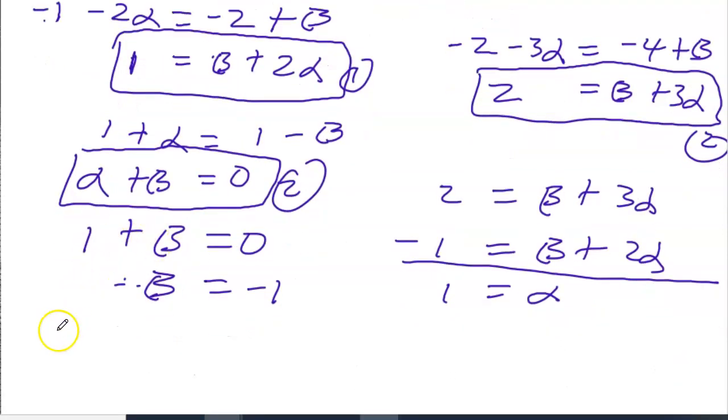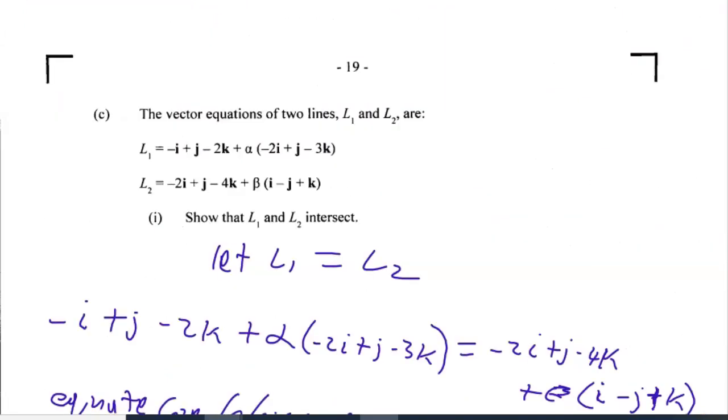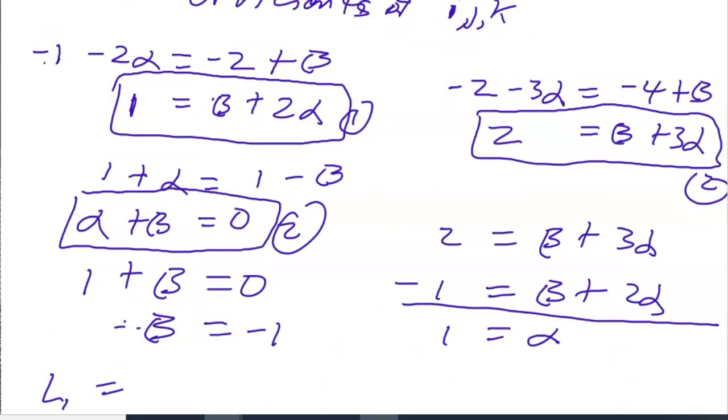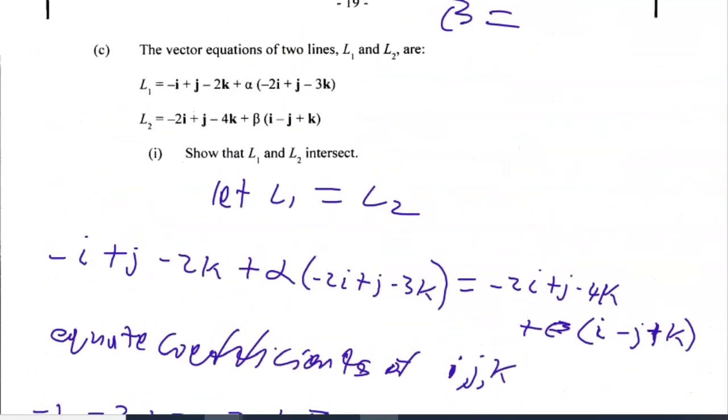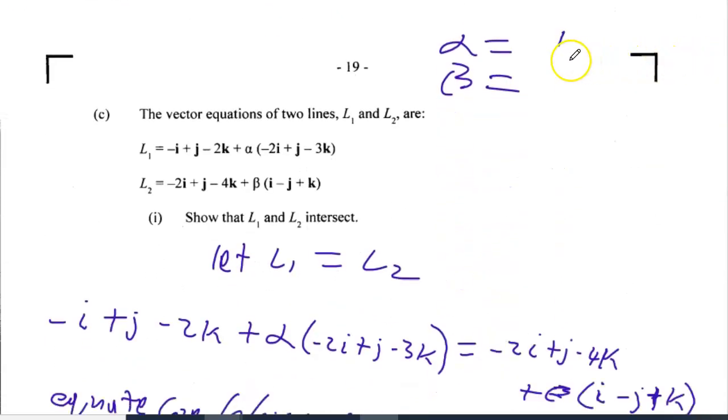So L1, let's recall that L1, remind ourselves of what L1 was. L1 was minus i plus j minus 2k. So recall that alpha was 1, and the value of beta was negative 1. So from here, L1 would be minus i plus j minus 2k